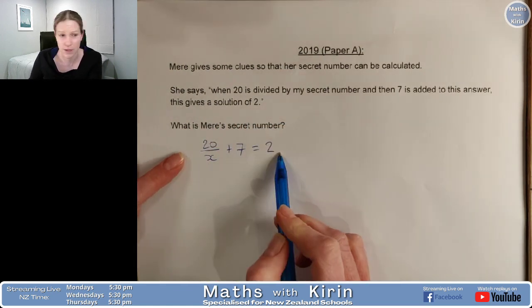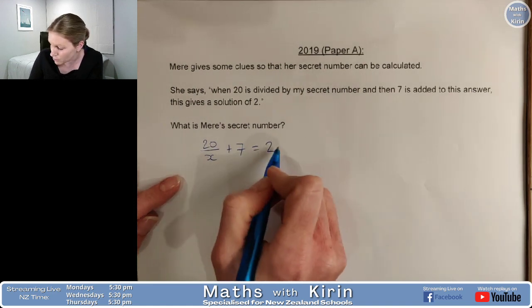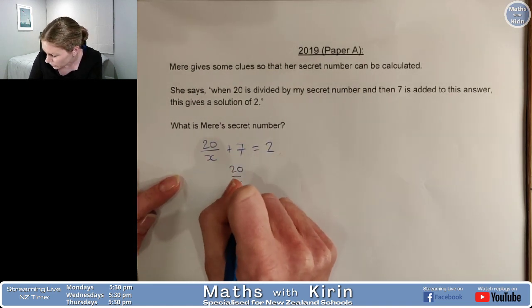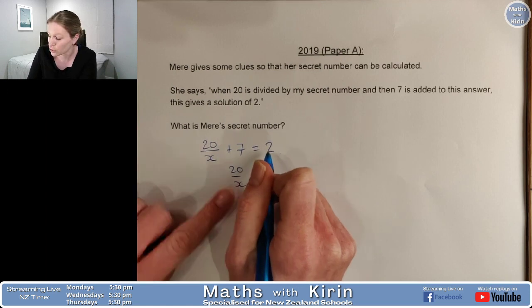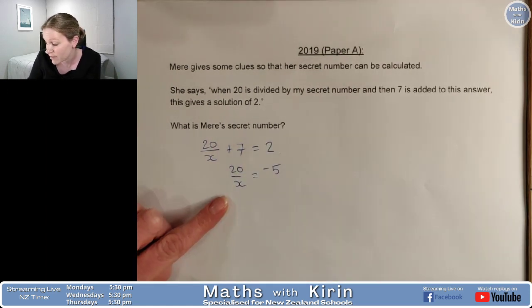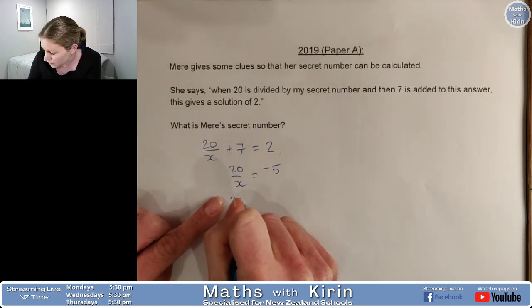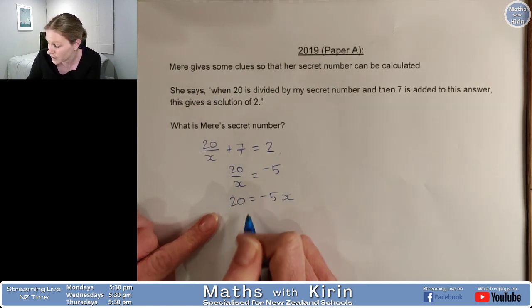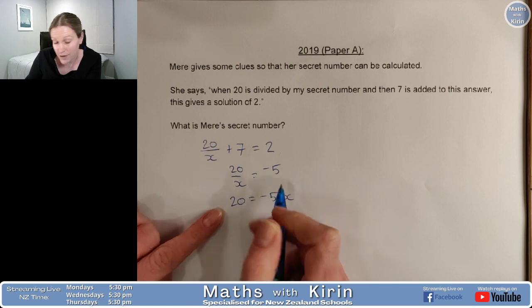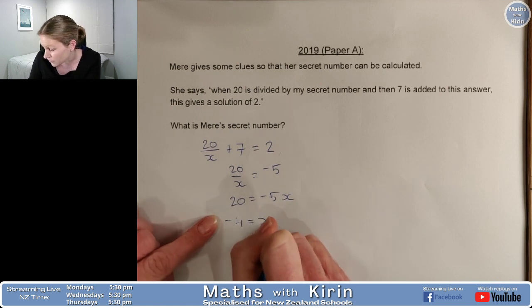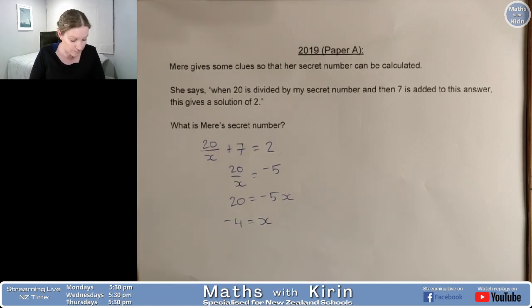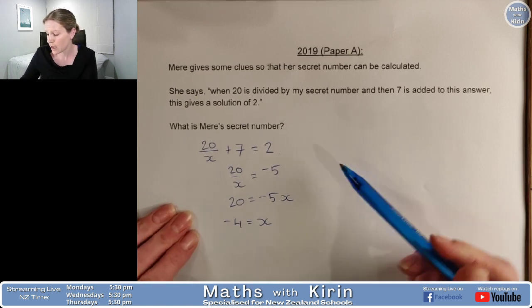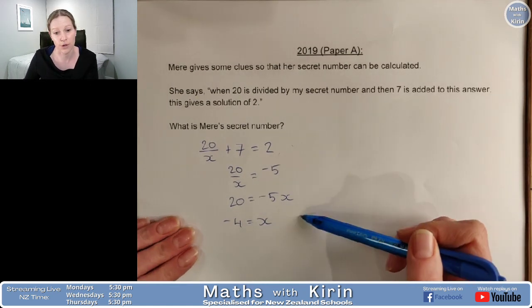So form the equation, now we solve it. So moving our 7 across first, 20 over x is equal to 2 minus 7, which is negative 5. Bringing our x across, 20 is equal to negative 5x. Dividing through by negative 5, 20 divided by negative 5 is negative 4. So x is equal to negative 4. For this question, you have to form the equation and solve it, and you can get